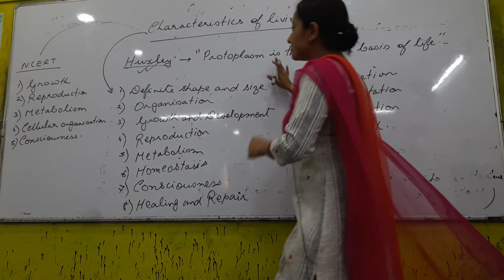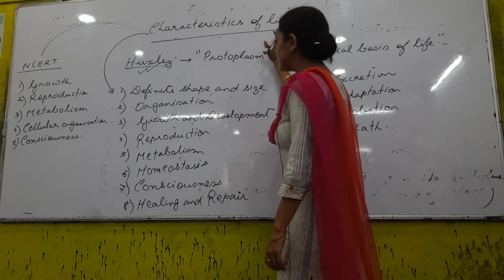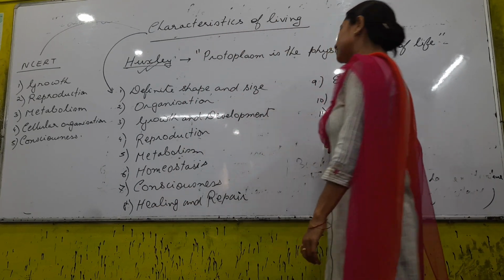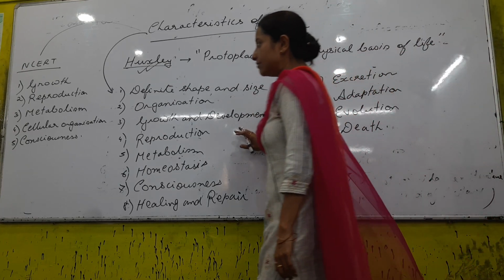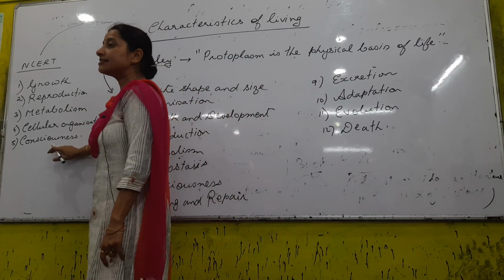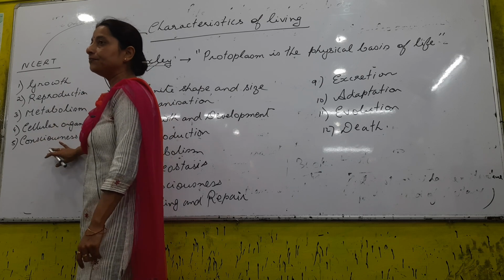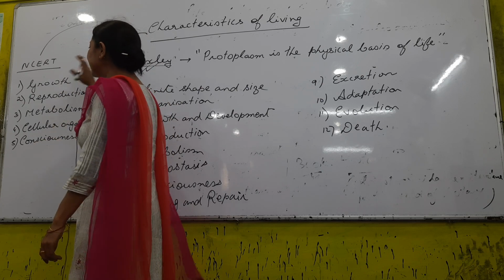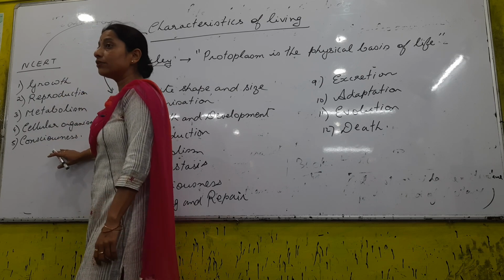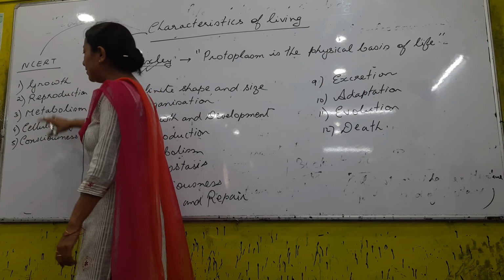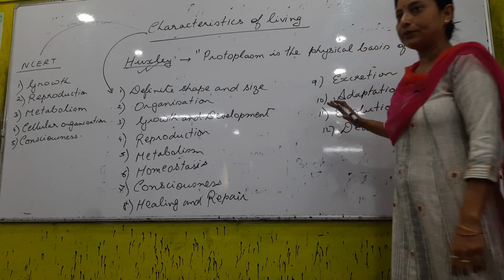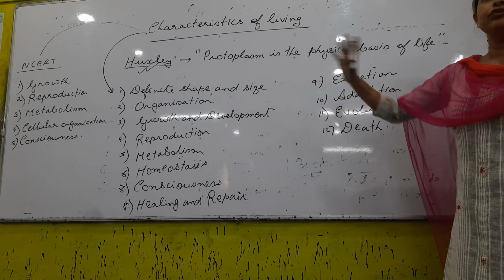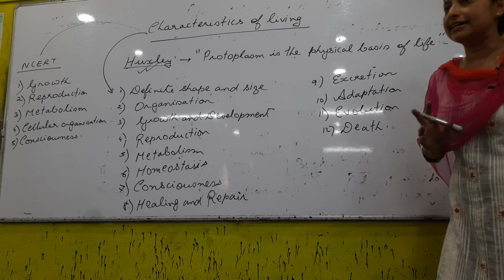Two types of characteristics we have written. When we talk about characteristics, there can be many types. We have talked about around 12 of them, right? Out of these 12, the NCERT data is limited, so we will be studying only 5. That does not mean living organisms have only these characteristics. There are many characteristics, and we will go into details on those 5 that are present in your NCERT book, right?